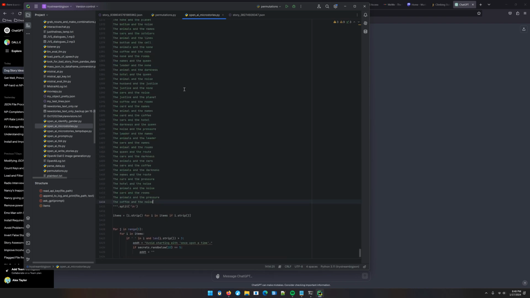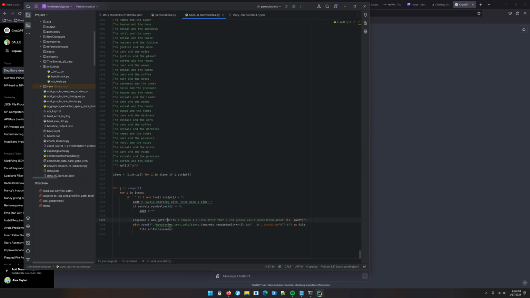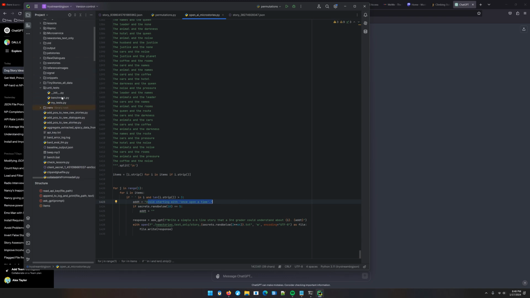So, now it would be really easy for me to just use the OpenAI micro stories template again and just paste in these ideas. But I want to use Bard. We're using Bard, damn it. Yeah, but this was what I said. Write a 4 to 6 line story that a third grader could understand about I, with additional information. Avoid starting with Once Upon a Time. ChatGPT 3.5 wanted to put Once Upon a Time at the beginning of every story, and I got sick of it. I don't mind if it says that a few times, but not every time.